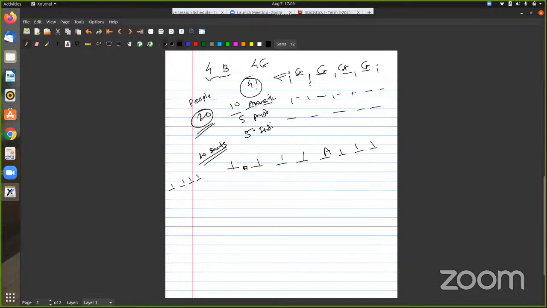Now, how can you arrange these people? In this case, let's say 4 girls are arranged here, and they are not sitting together. If more than 5 seats are there, still one can say I'm arranging 4 boys here and 4 girls there. If 8 are there, I need to mention 8 seats also here, to avoid the confusion of empty seats. If more than 8 seats are there, then